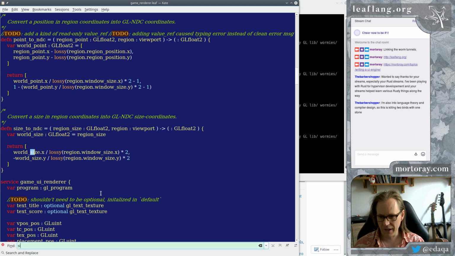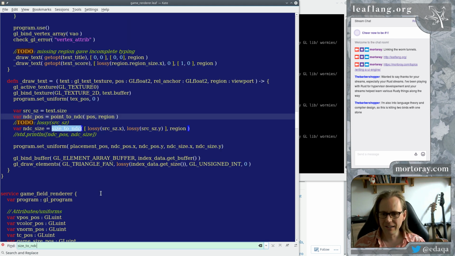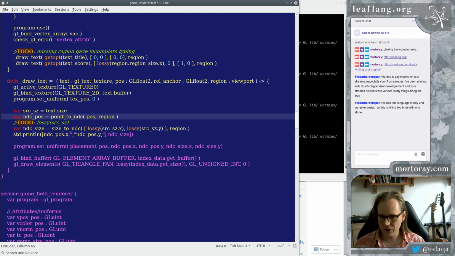Alright, this is fun. So now we're actually debugging. I like debugging in my language because, you know, it means I'm doing something wrong at the high level. It's not my debugger probably screwing up. So let's print these all out again. Let's print out size.x, comma, NDC position.y, comma, that's just more of a space, NDC size.x, comma, and